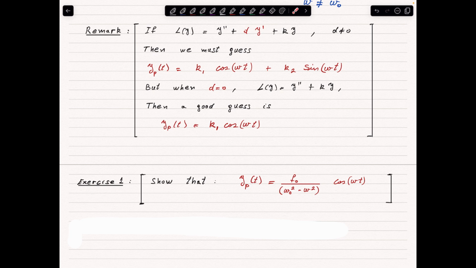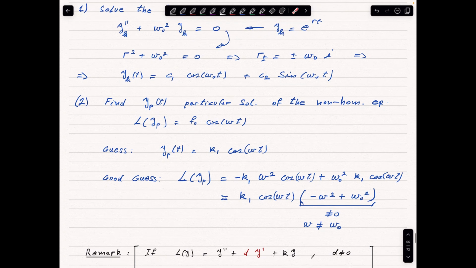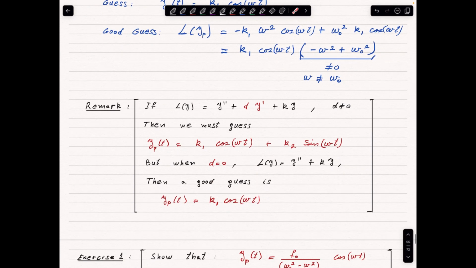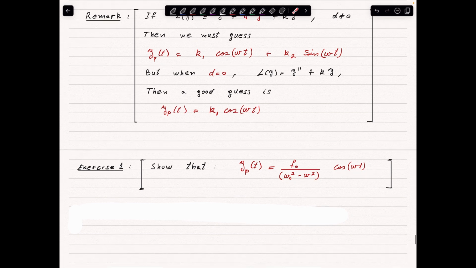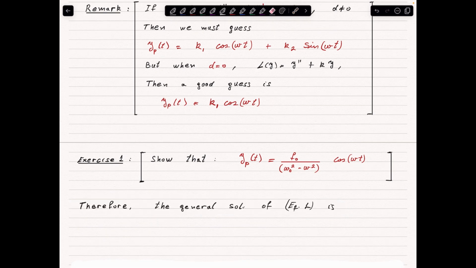So now we have the particular solution here. We have the general solution of the homogeneous equation there. Notice that in the homogeneous equation we have the natural frequency, and in the particular solution we have the driving frequency, and here both appear in the amplitude. So now we have the general solution for the whole equation, which is going to be,